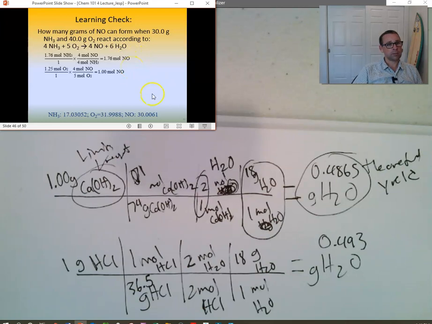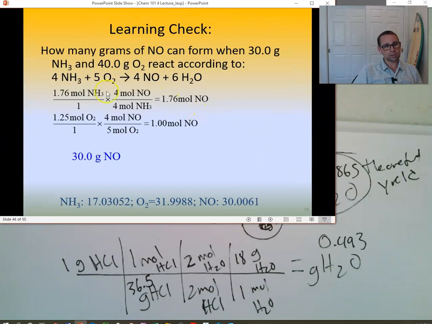2. Okay, very good. So what we learned here is if we start with 0.176 moles of ammonia, we get 0.176 moles of nitric oxide. If we start with 0.125 moles of oxygen, I only get 1 mole of nitric oxide. So the limiting reagent then is the oxygen gas, and